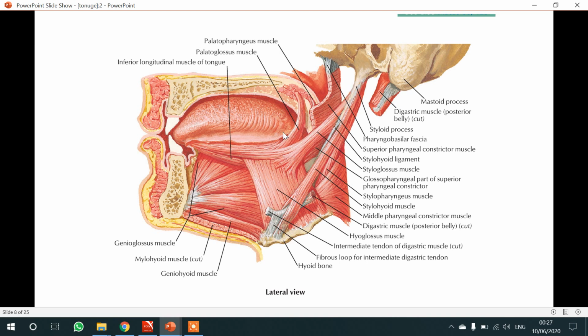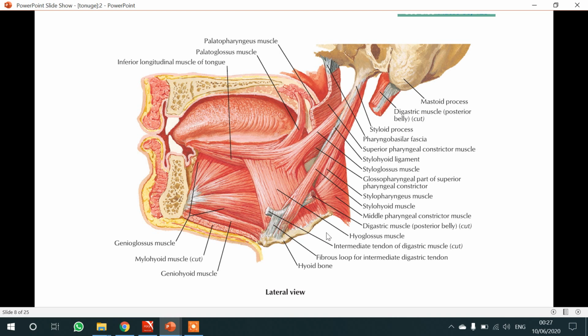So this is the styloglossus muscle, and as you can see here, it will pull the tongue back into the oral cavity. When on either side these muscles contract, they are going to pull the tongue back into the oral cavity. Now the fourth muscle is